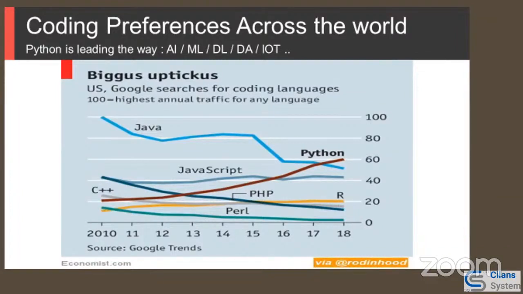that Google has seen, that from 2010 to 2018, Java was quite popular. Java is constantly losing its market share, and Python has gone up from third or fourth to number one. Python is the only language, I would say, which is at the forefront of solving data analytics problems, artificial intelligence, machine learning, and deep learning problems. Python is a default choice. Python is open source. Anybody can learn.